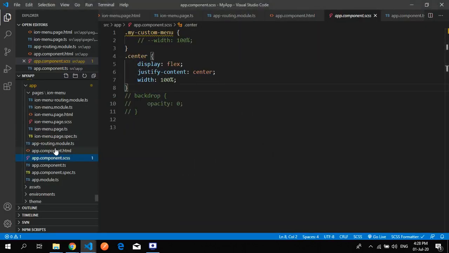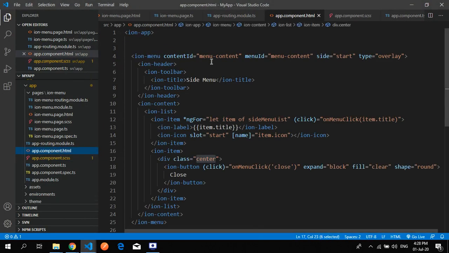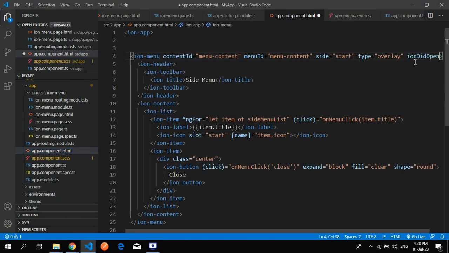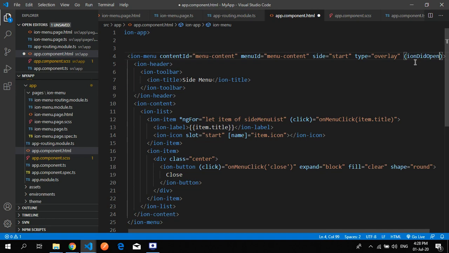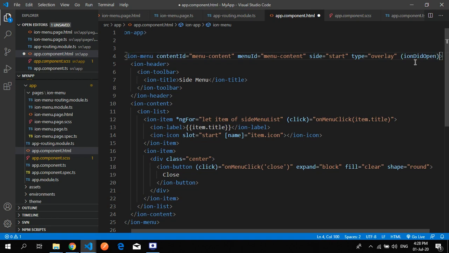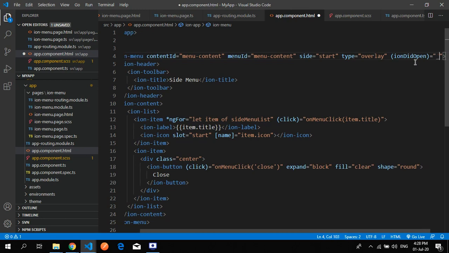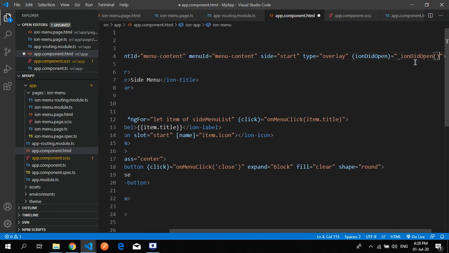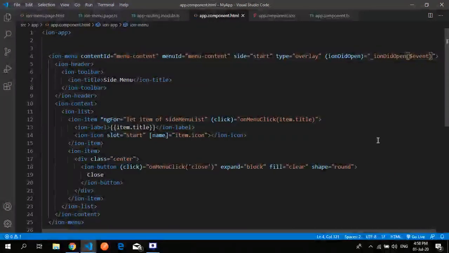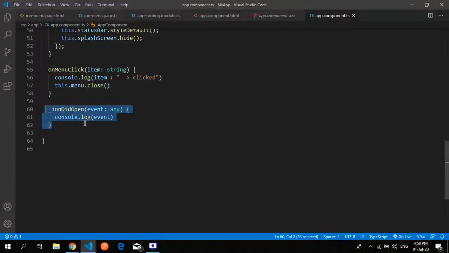To use this, we just go to the menu and we just place it over here, that is event. So event is placed inside the brackets, and I use the same thing, that is underscore. The name of the event will be the did open function over here, and in my app.component.ts file, I just